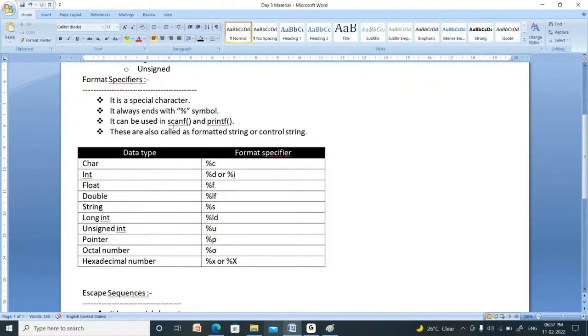It always begins with, not ends with, it always begins with the percentage symbol. It can be used only in the scanf function and the printf function. These are called formatted string, also called control string.